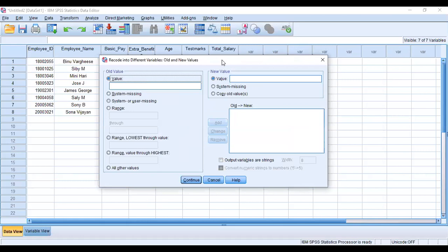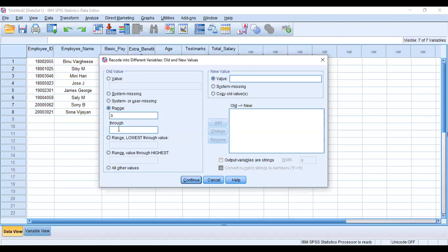Here we can enter the range. So option to take range. From 0 to 20,000.